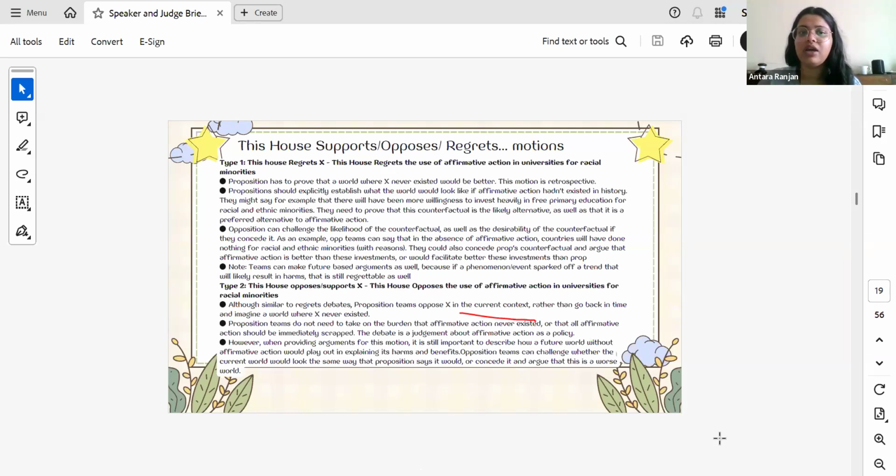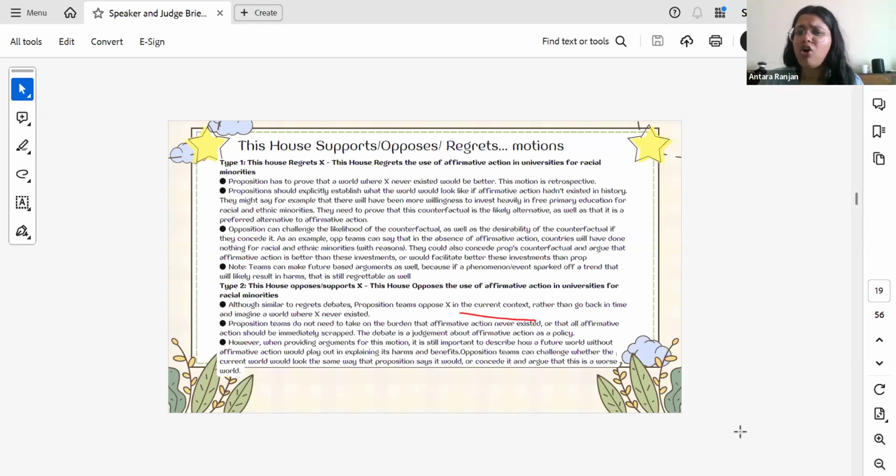On side government, however, in an opposes or supports motion, so a supports motion also, this house believes that we should have affirmative action based on race in India, right? So you have to talk about why this is something we need in the current world. Why is this a change that we should make in society today, right? However, when you talk about a supports or opposes motion, talk about what the world will look like in the future, right? What are the impacts of this? What does this policy do 10 years from now? Why is it important for us to do this, right?